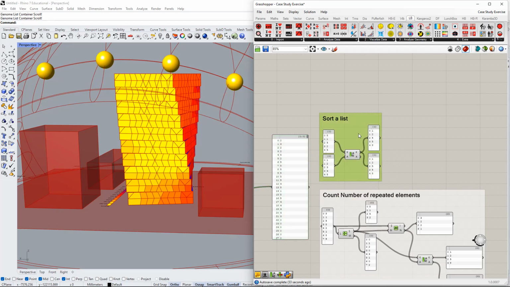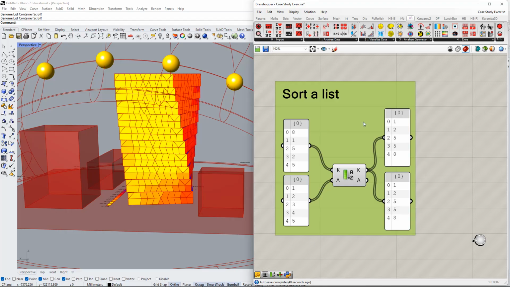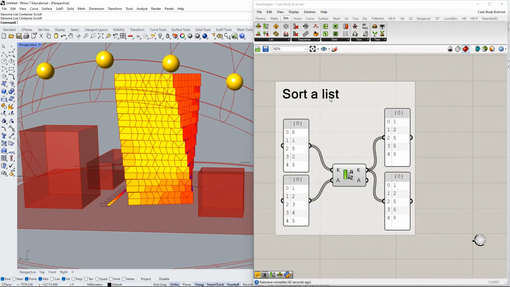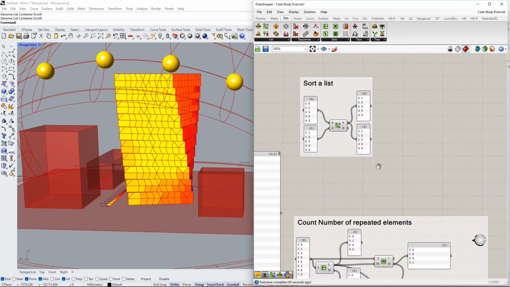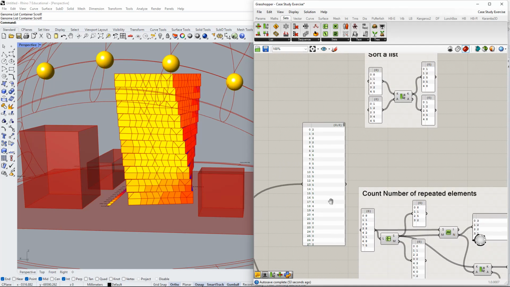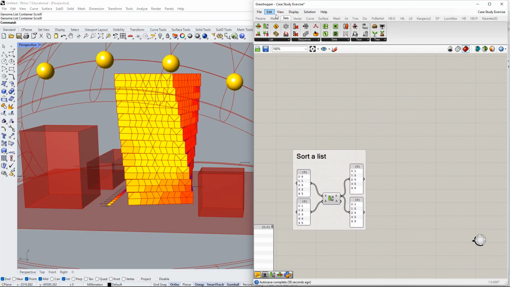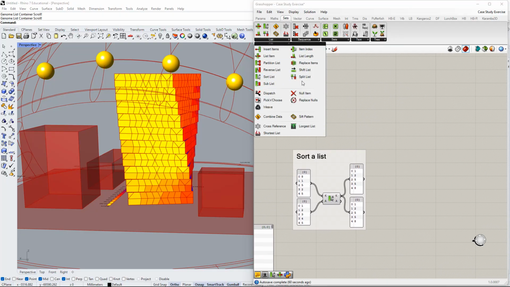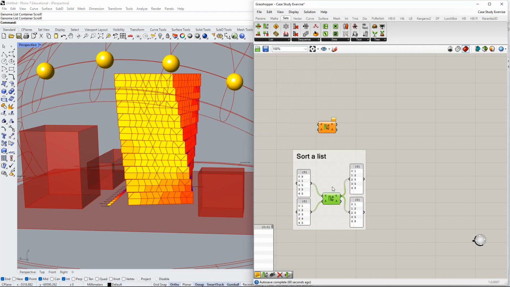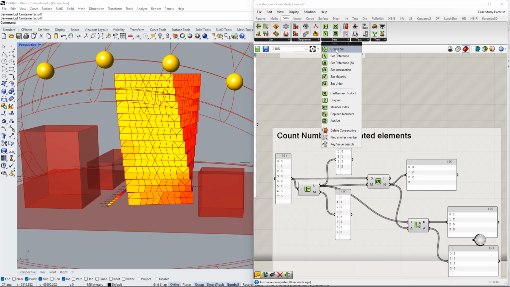Now, I'm going to explain first how to sort a list with this example. So I have here a list, and you can find Sort List here in Sets, which is used to organize a list of numbers and find out how many, for example, 2s are repeated in here. That is going to be 2 hours of direct sunlight. It's all here in Sets. The first one is going to be Sort List, which is the one that I'm going to explain. And the rest that I'm going to use are sets, which are in here,